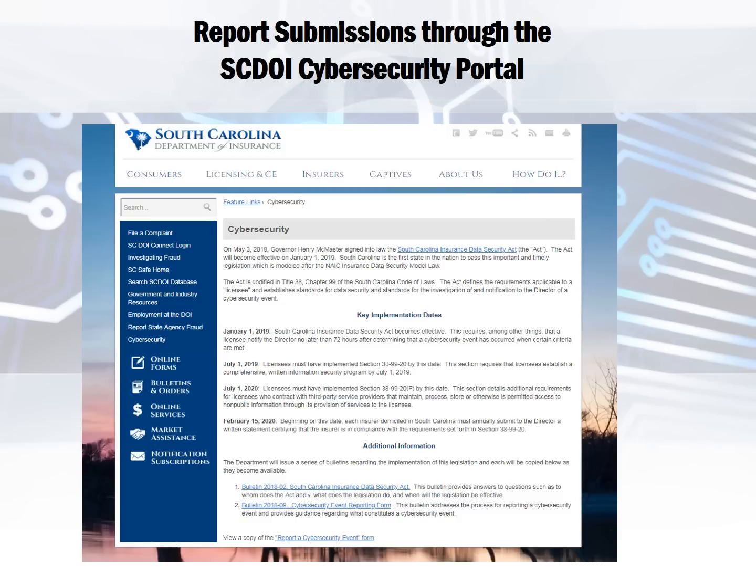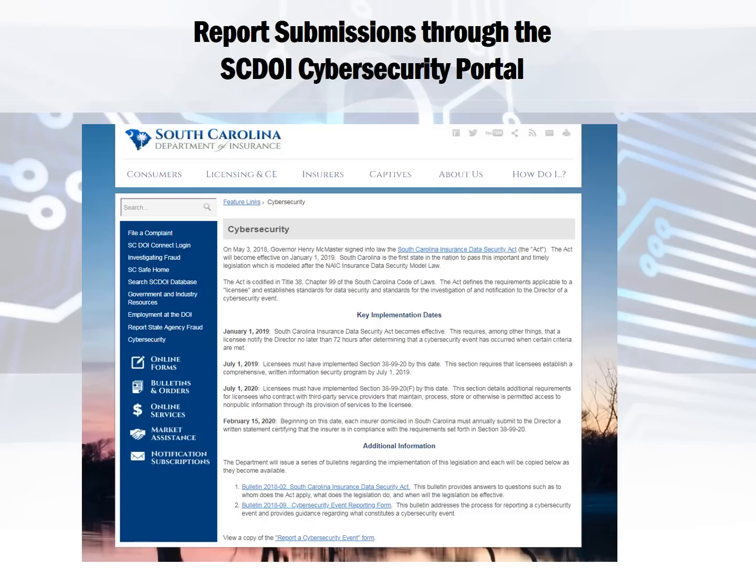Here's a screenshot of our current cybersecurity webpage that can be accessed at doi.sc.gov/cyber. This is what the webpage looks like today. It's got some information on the Act, some of the key staggered implementation dates, copies of the bulletins that we've issued thus far, and you can also find a copy of the event notification form as it exists today.